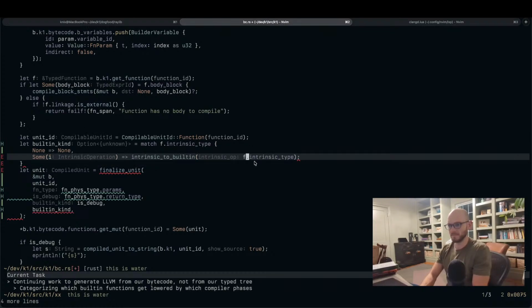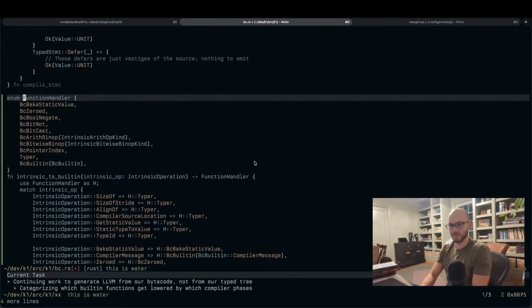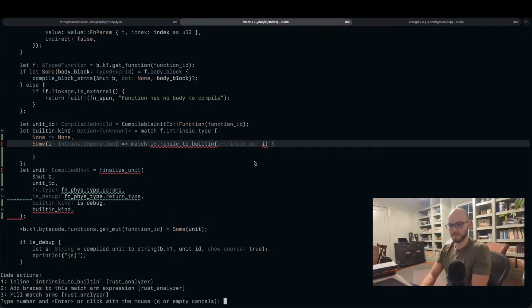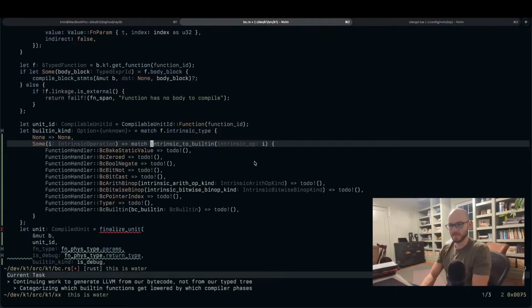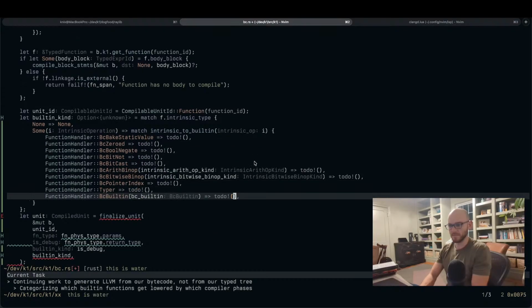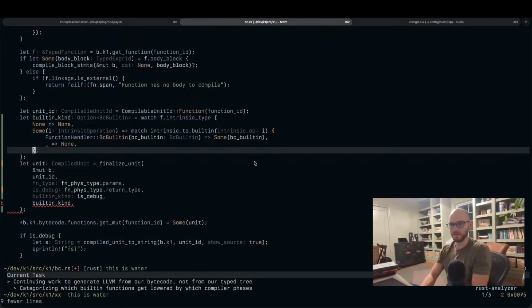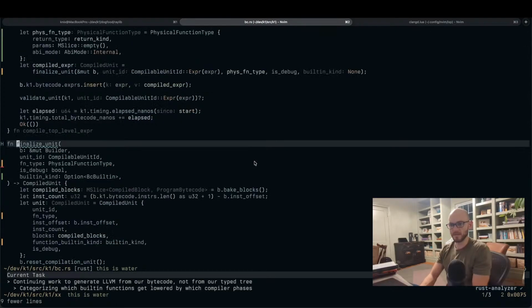We're going to call it on I, and if it happens to be BC built-in, match to built-in, and it'll be like this. If it's a BC built-in, then we're some BC built-in, and for all of these cases, we are none. Okay, and now we finally have a built-in kind,